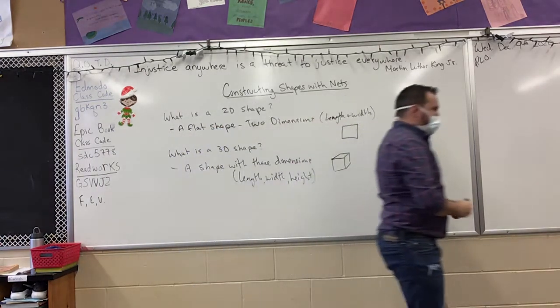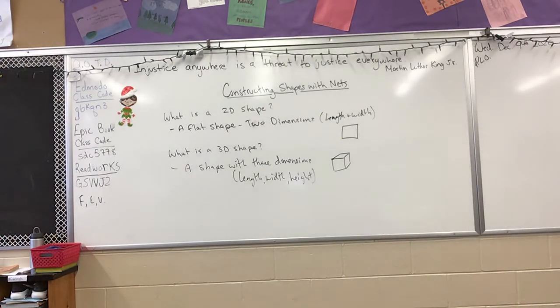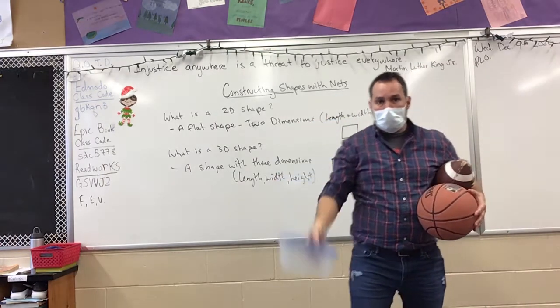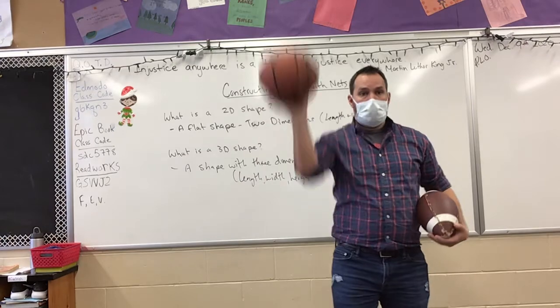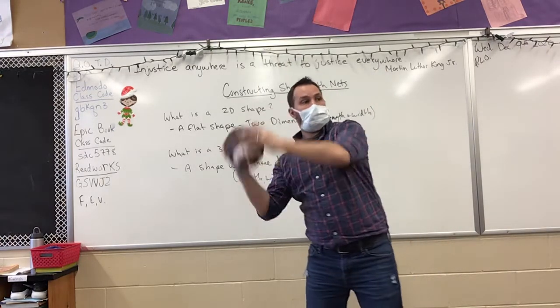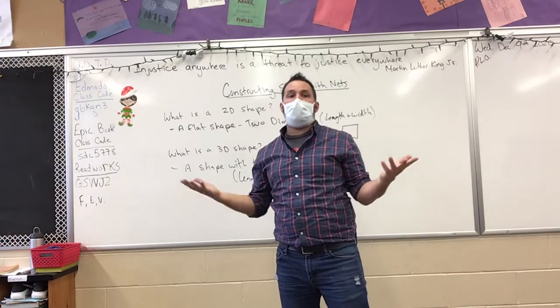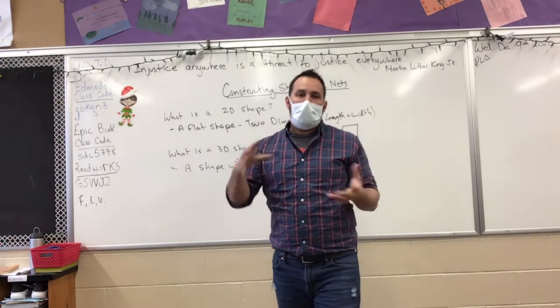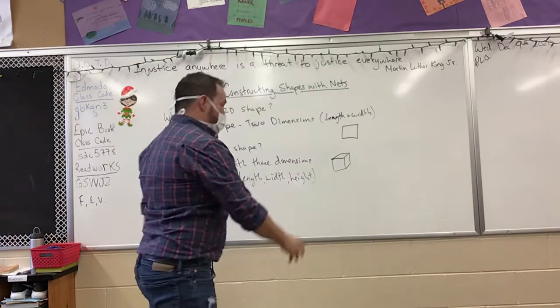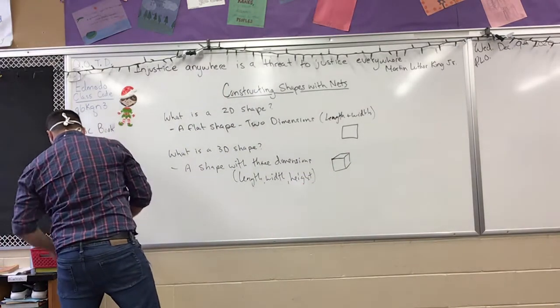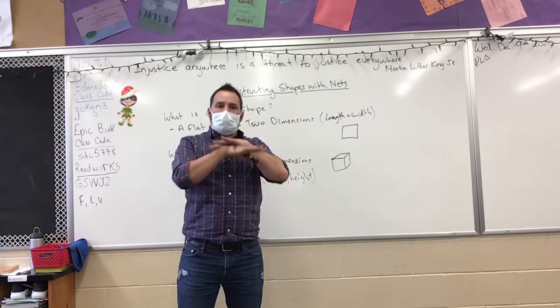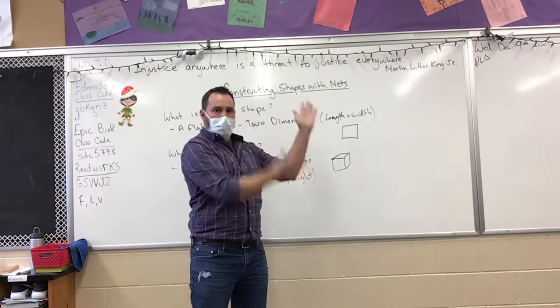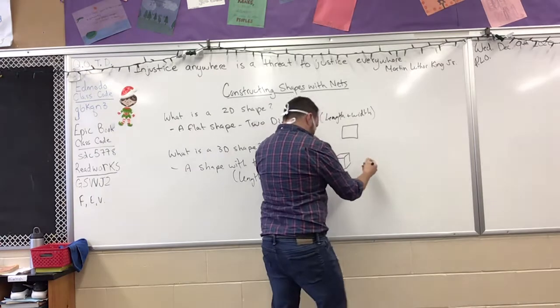So essentially what we say is that everything is probably some form of a 3D shape. If we can grab it, hold on to it, we've got a 3D shape, a 3D shape, and a 3D shape. Okay? All of those are 3D shapes. Now, if we were to take those 3D shapes, something like this cube, and I know it's not to scale, but if we were to take that cube and we were to slice it all open, judo style, right? It would end up looking something like